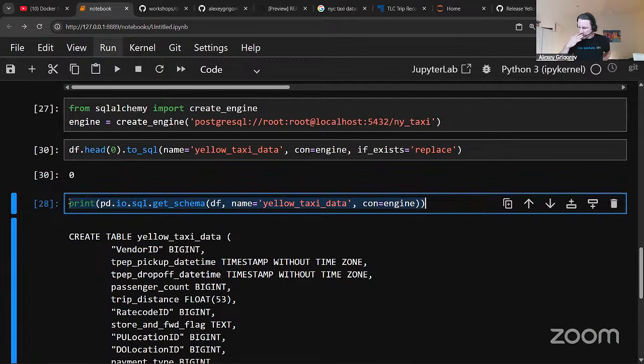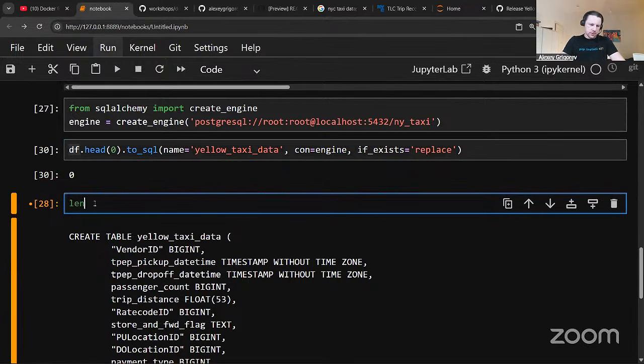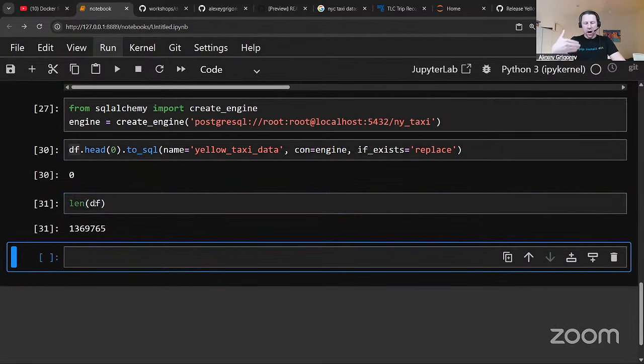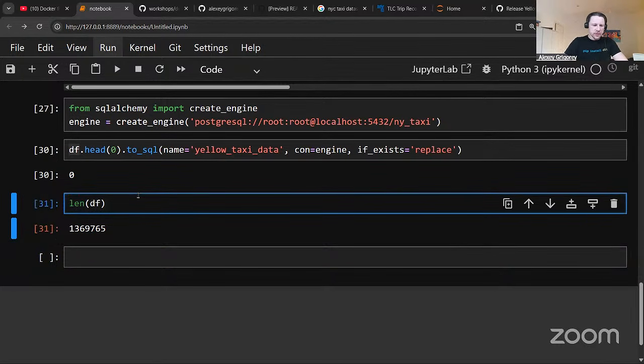Okay. So now this table is created, and we want to start inserting data into it. The thing is, we cannot just take this entire data set and insert it at once. First of all, it will take a lot of time. We will not know what the current progress is, where it is, and we will not be sure, is it doing something, is it broken? So what we typically do is we split it into chunks of equal size,